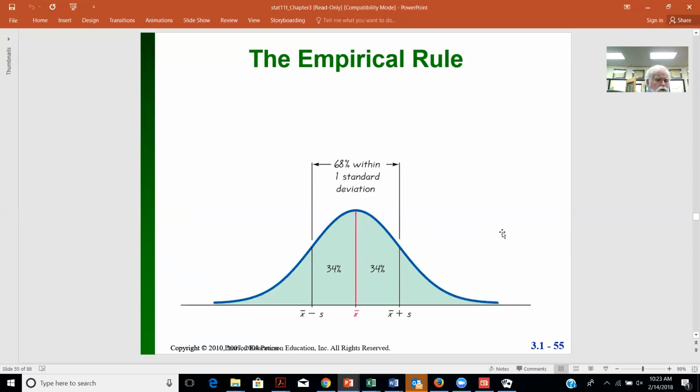Standard deviations are such that if you have a large data set,